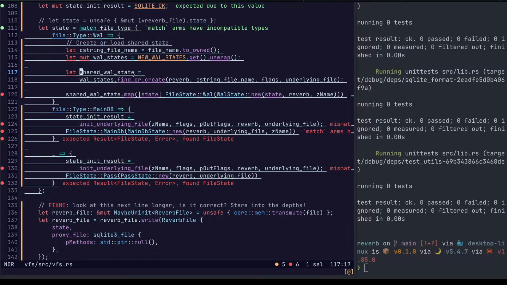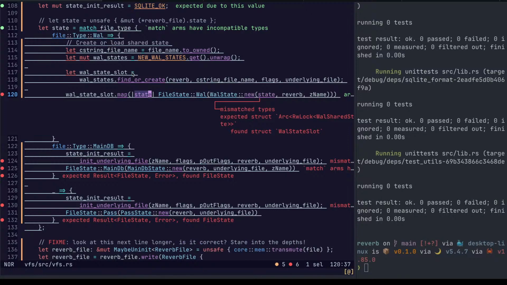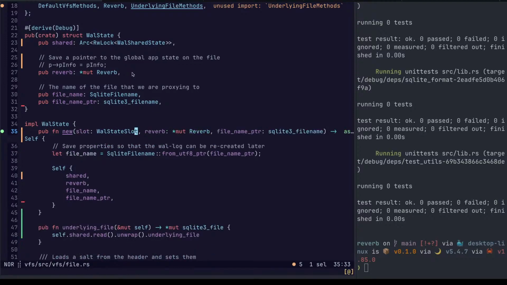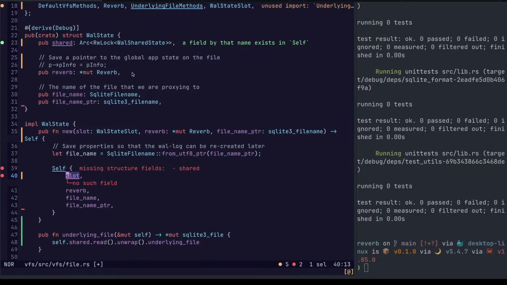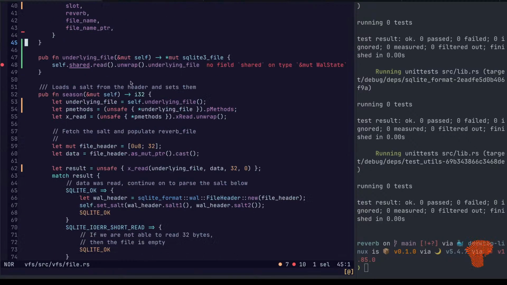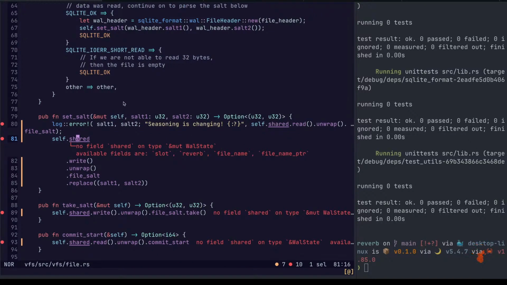Oops. Slot. Got it. Good. It's fine. Yes, now all of these are broken, which is perfect.